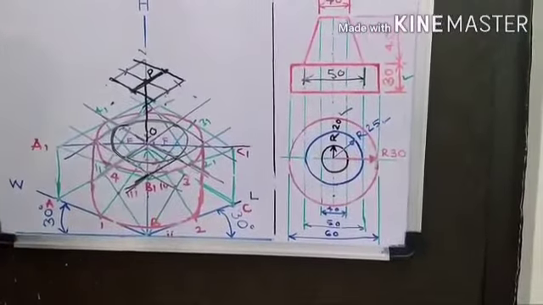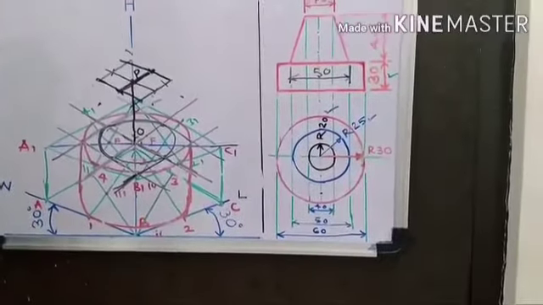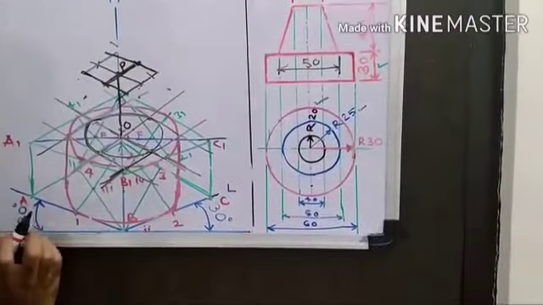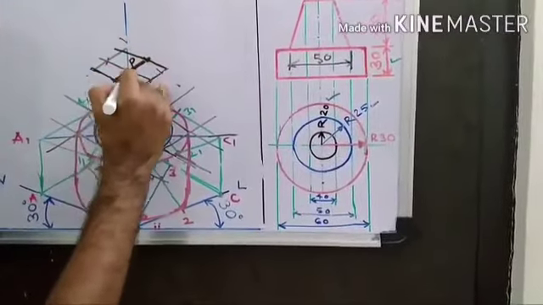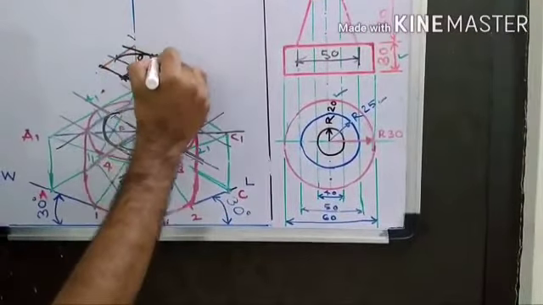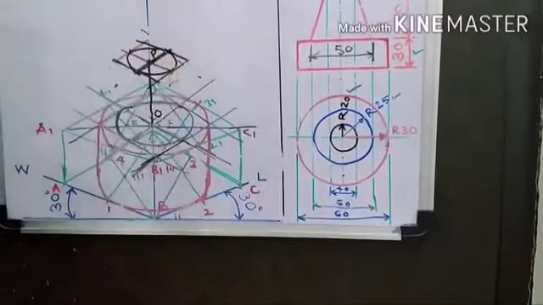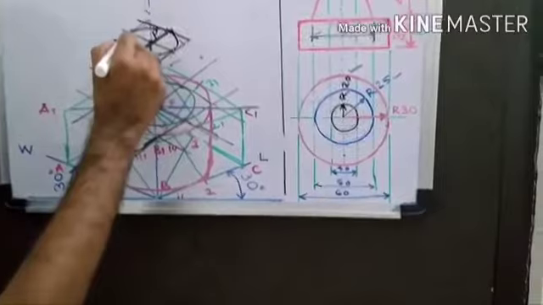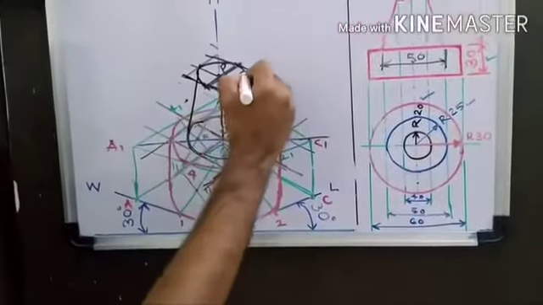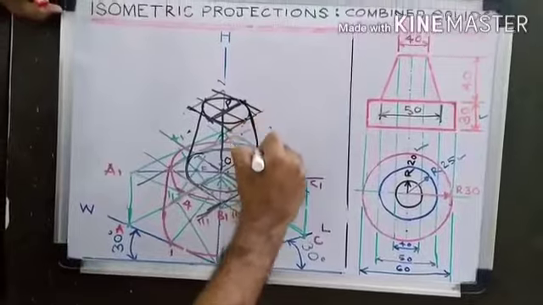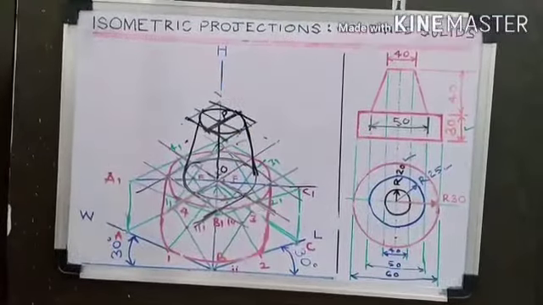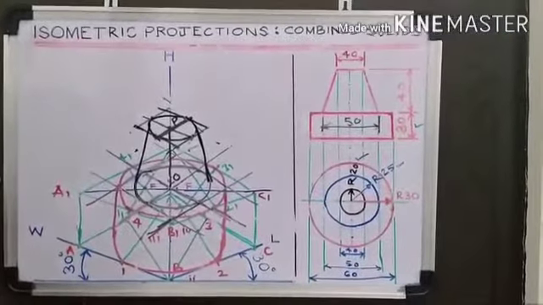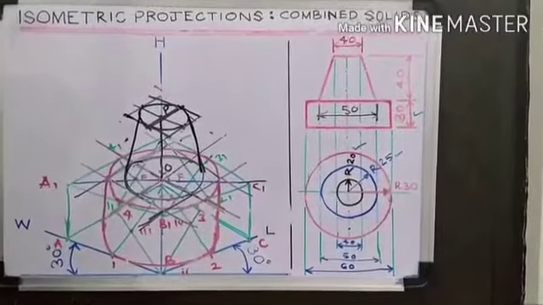Now, for this portion, you have to draw an ellipse by using 4 center method. After getting the small ellipse, from this point you have to join and you have to join. Finally you can see this. It is the construction process by using 2H pencil, which is going to be most important for us.